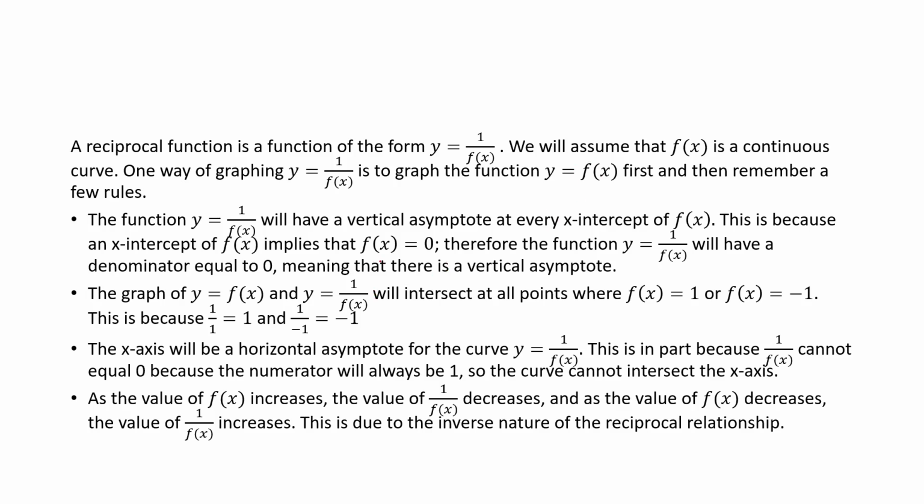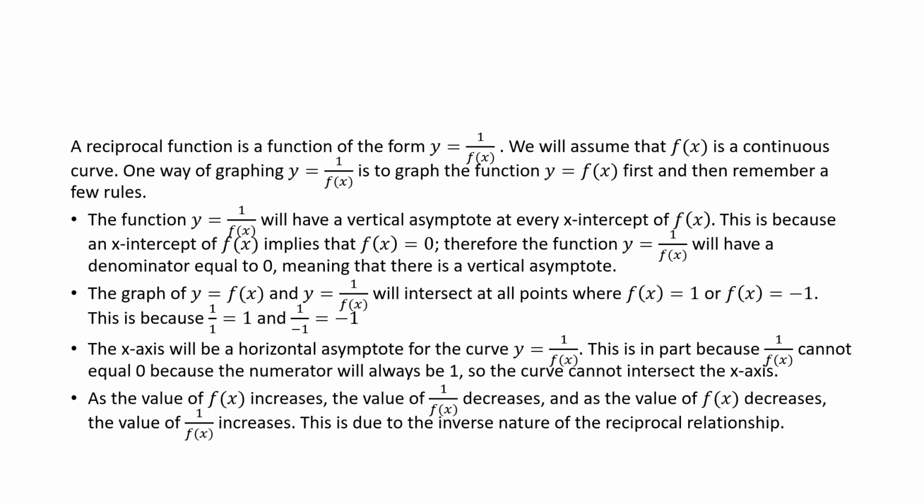The x-axis, third bullet point, will be a horizontal asymptote for the curve y equals 1 over f of x. This is in part because 1 over f of x cannot equal 0, because the numerator is always going to be 1. So since 1 over f of x can't equal 0, then y can't equal 0. And that's part of the reason why we're going to have a horizontal asymptote at y equals 0,